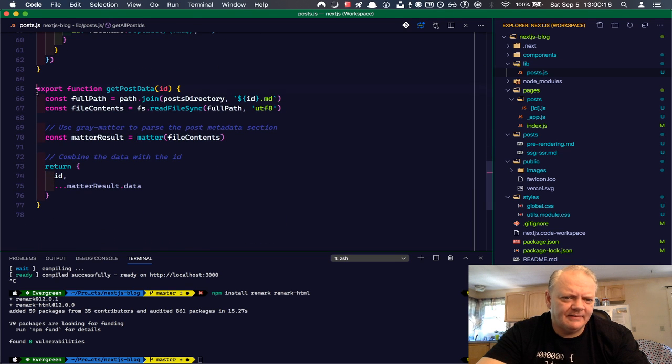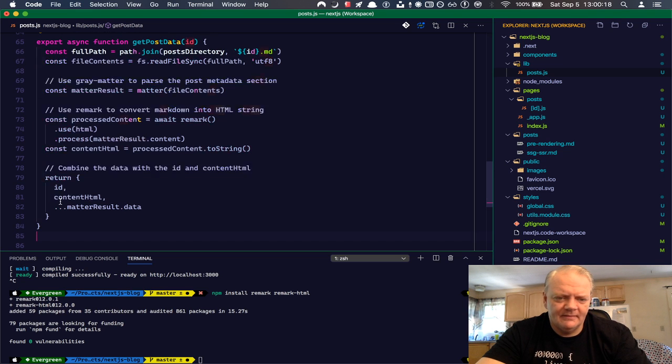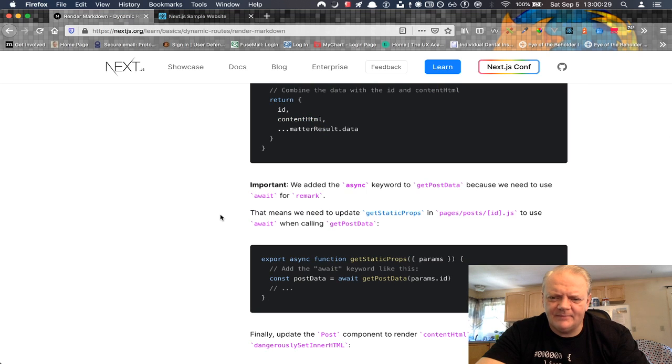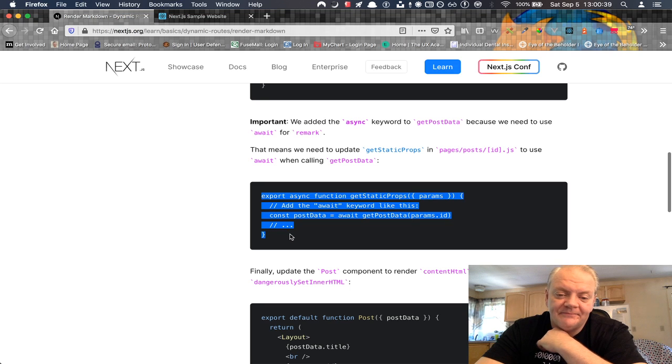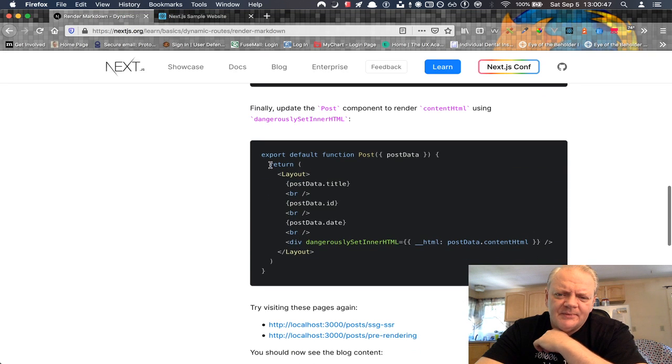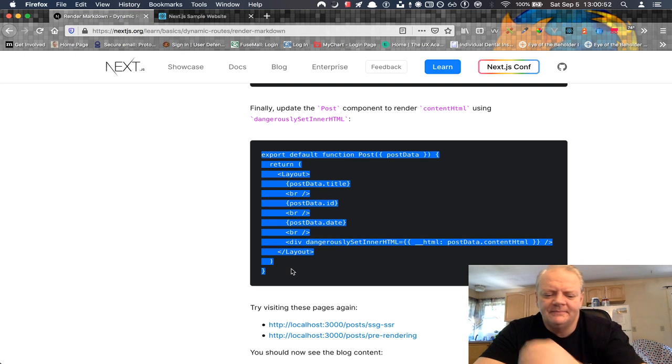Oh, that one right there. Okay. There's that. Yeah, the async keyword to getPostData because we need to use await from remark. That means we need to update getStaticProps in pages/posts/[id].js to use await when calling getPostData. Async and await. Okay. Finally, update the post component to render contentHtml using dangerouslySetInnerHTML, which is